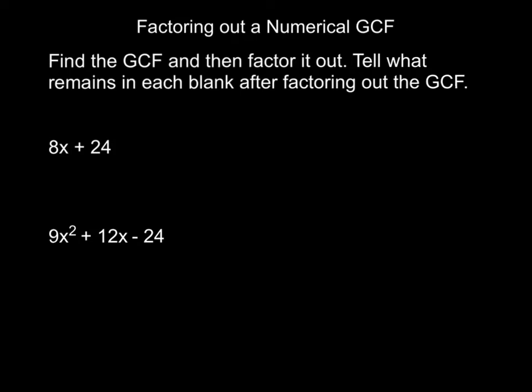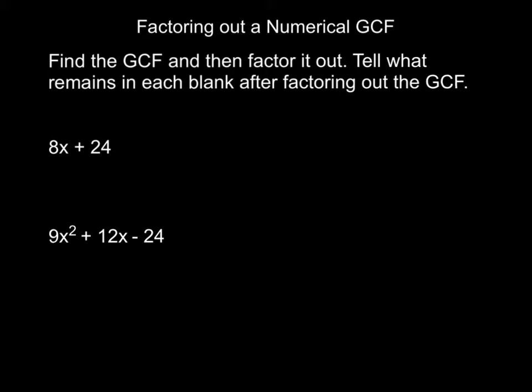Factoring out a numerical GCF. Okay, so now what we have to do is combine some of the things we've learned in previous lessons. We need to be able to find the factors of our terms. Notice this time instead of being listed separately as 8x and 24, we have it listed as a binomial, 8x plus 24. We need to find the greatest common factor between our terms, and then we need to factor it